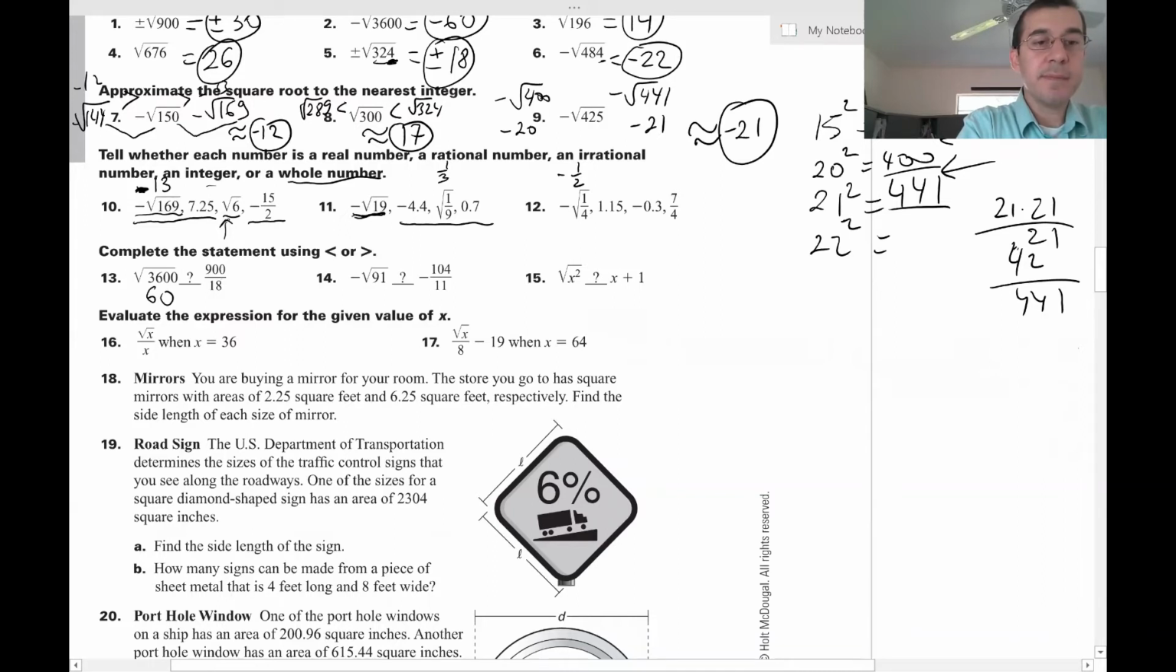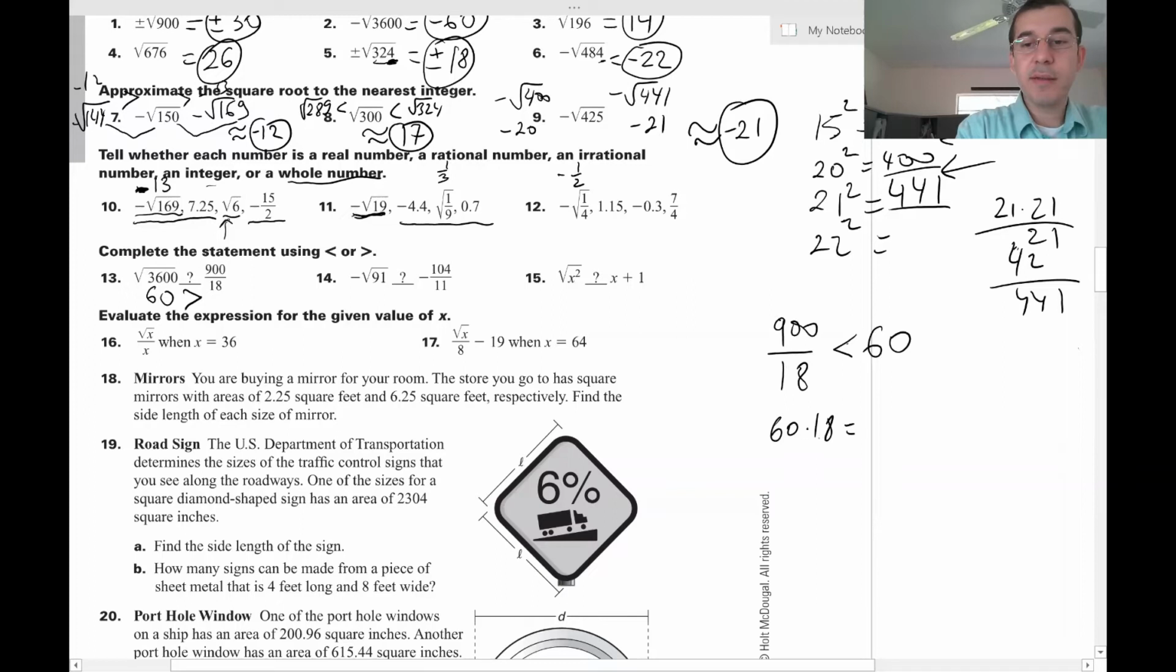So this is going to be less than 60. So 60 is going to be greater. Okay, so let's do it here on the side. So 900 over 18, that's going to be less than 60. Why? Because 60 times 18 is